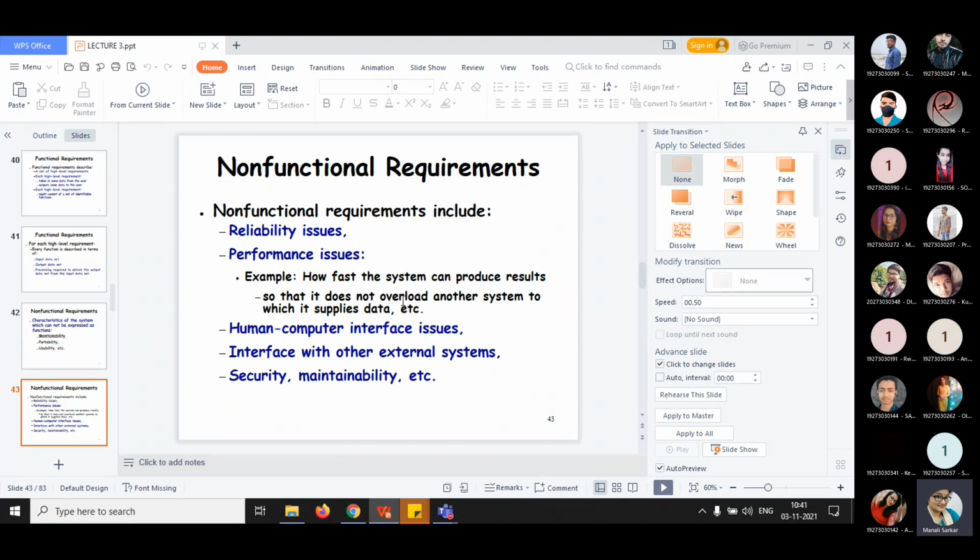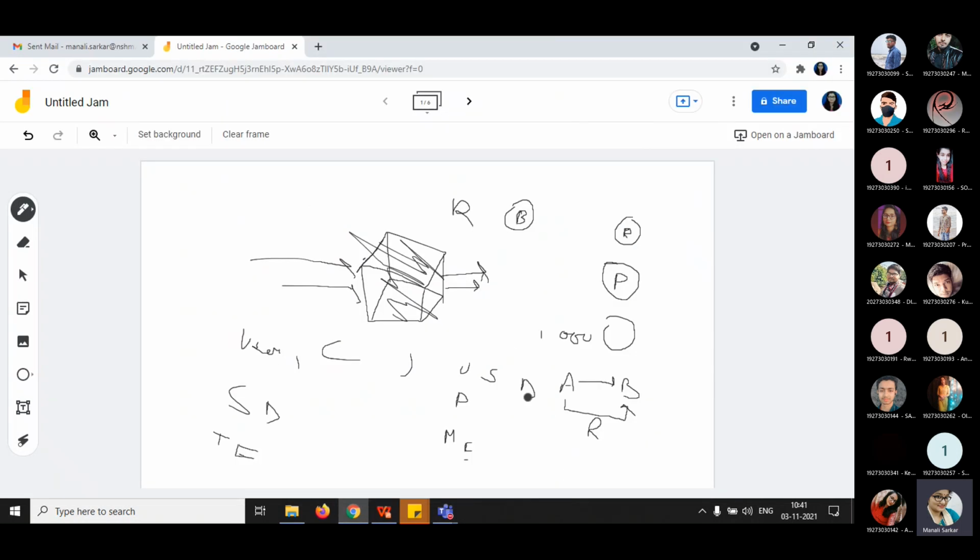Performance issues. Performance means if you are developing software, then it should be fast. Whenever you are transferring 1,000 rupees from A to B, it should take a minimum amount of time. If it is taking 1 minute, or even 1 hour, that is allowed. But if you want to transfer immediately, suppose you have less money in your account balance and want to buy something, and it takes 4 days to transfer, then it will be very difficult. So it should take a minimum amount of time.